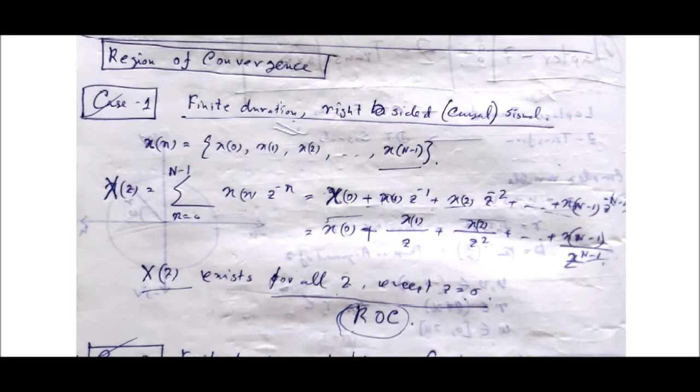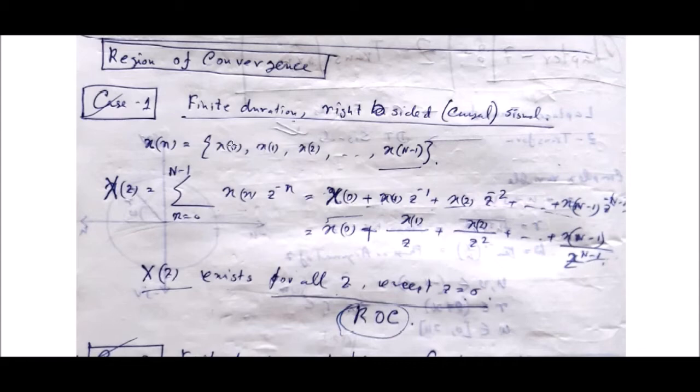Suppose you have a finite duration right-sided signal, that means a causal signal, and finite duration, remember. So how can you represent it? x[n], it is a right-sided causal signal and finite duration. Suppose I am considering the samples x0, x1, x2 up to x(N minus 1). That means it is a finite duration signal having the number of samples equal to capital N. Since there is no up arrow given, by default you have to consider the up arrow is here. That means the origin will start from here since it is x0.